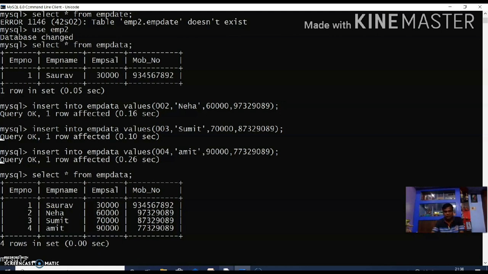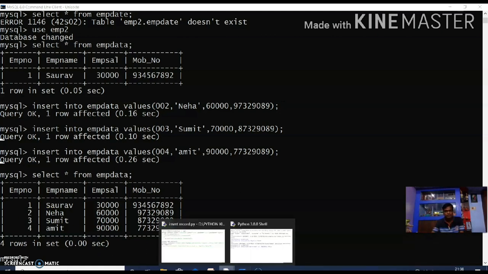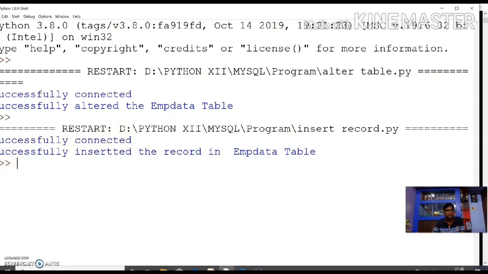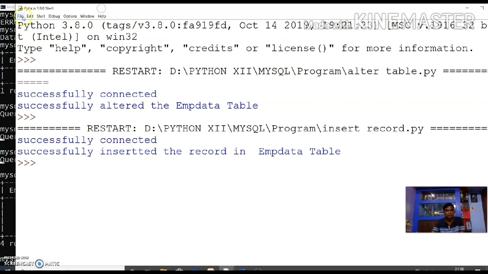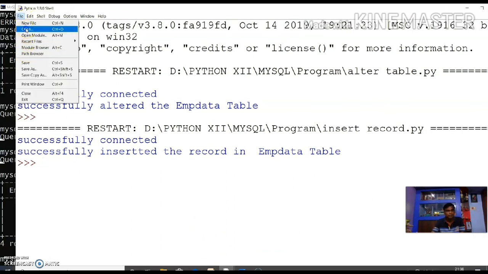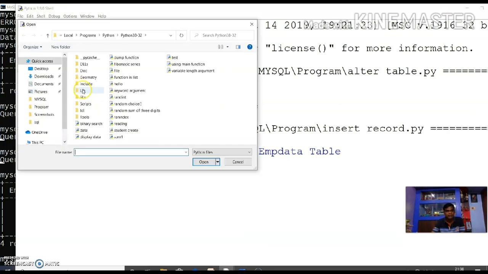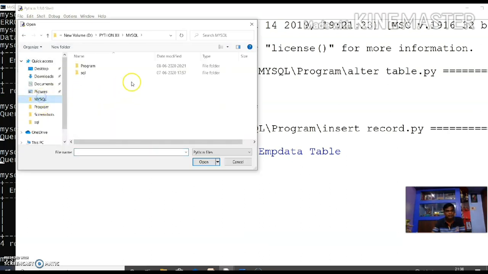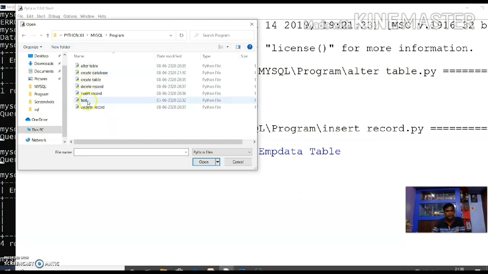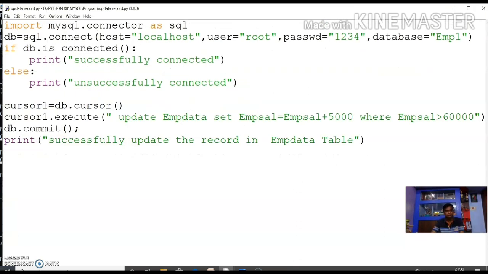Now you want to update the records. I have written that program, you open that file. I have written this update program.